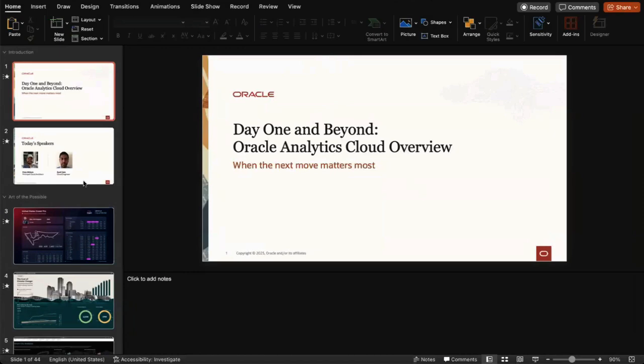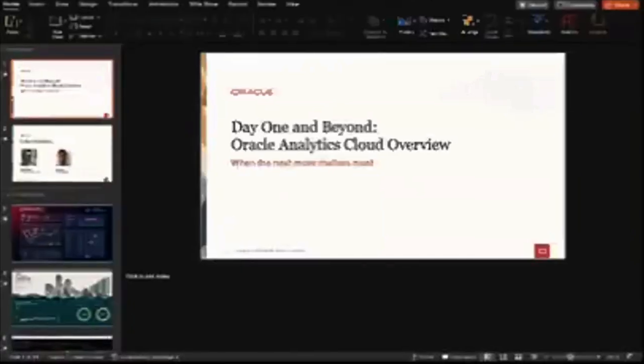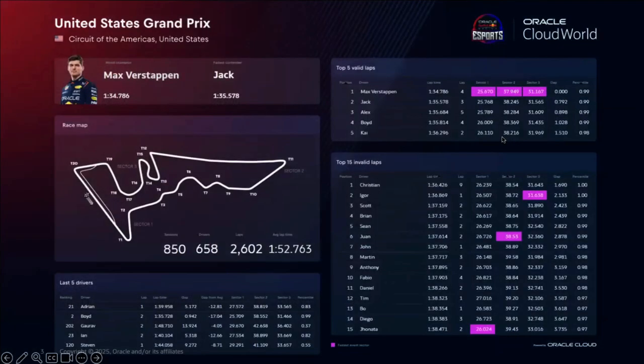For today's session, we're going to be looking at Oracle Analytics Cloud, and I'd like to start off by showing a couple of art of the possible slides. So here we have some race data, which is going to be time-driven and is going to be compared at many different points in time.